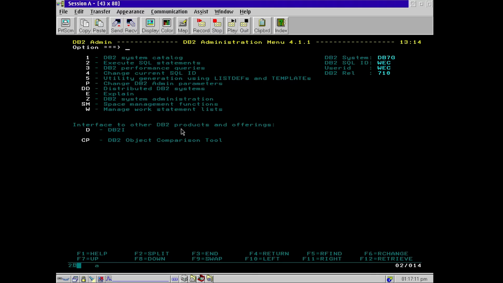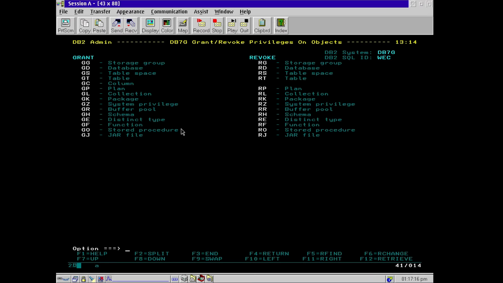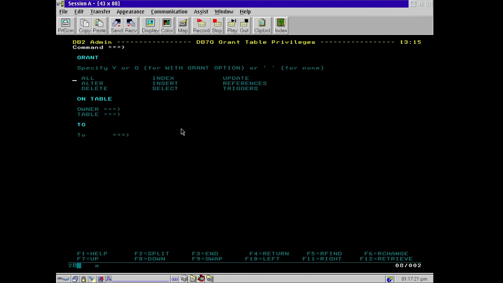I can build SQL prototypes if I need to do that. And from that menu there, I can also give privileges for various objects. Like I can grant my table and I can give the following permissions. So, grant on table wc.myemp to wc, I just give all to me. So it's just a nice little way of doing that. Otherwise you could literally just type in grant all on table wc.myemp to wcc, which obviously is not a real